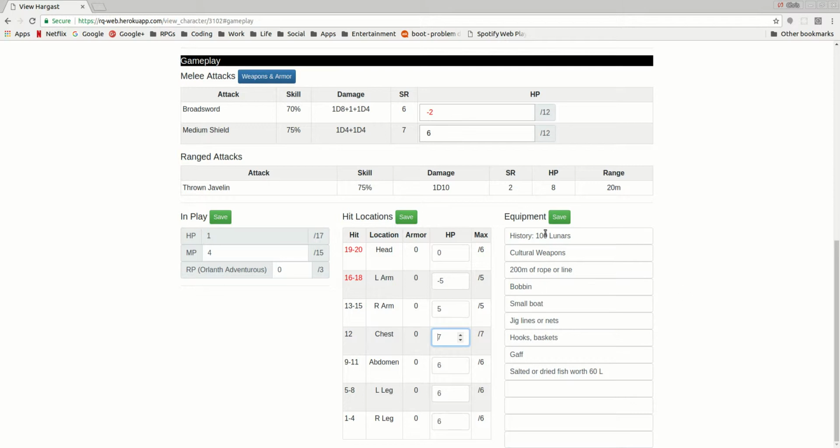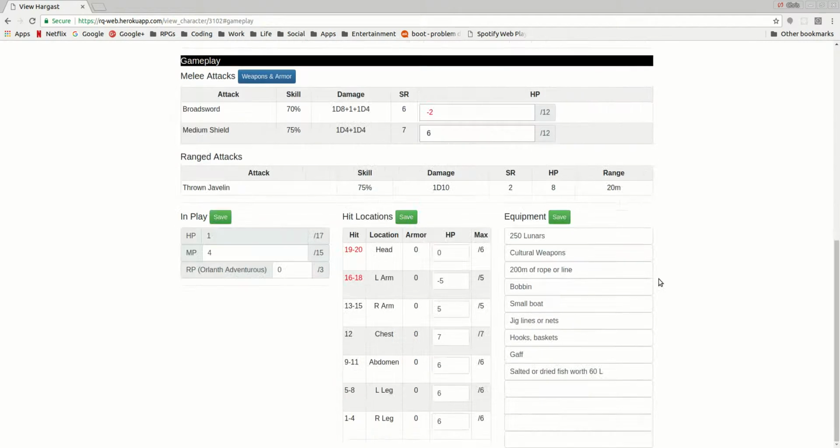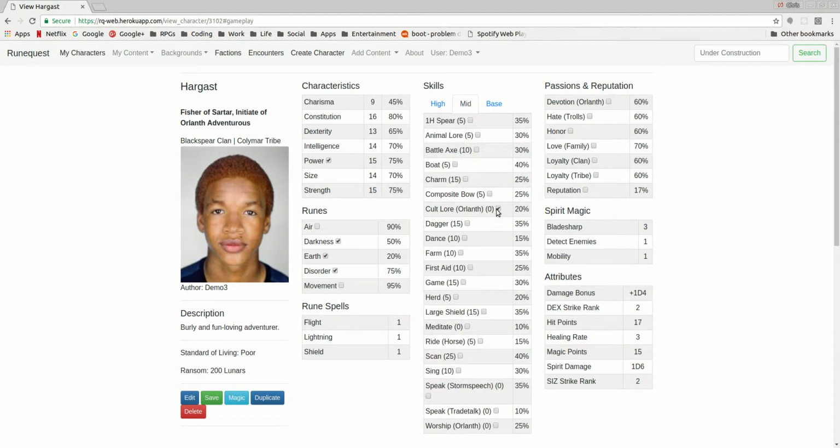The same thing happens for equipment. So here, we don't care about history anymore, so he had 100 lunars, now he's got 250 lunars. We save it, and that's persisted as well. So basically from this one screen, you can keep track of everything that's going on with your character. Again, you've got skills in here as well. Save that,